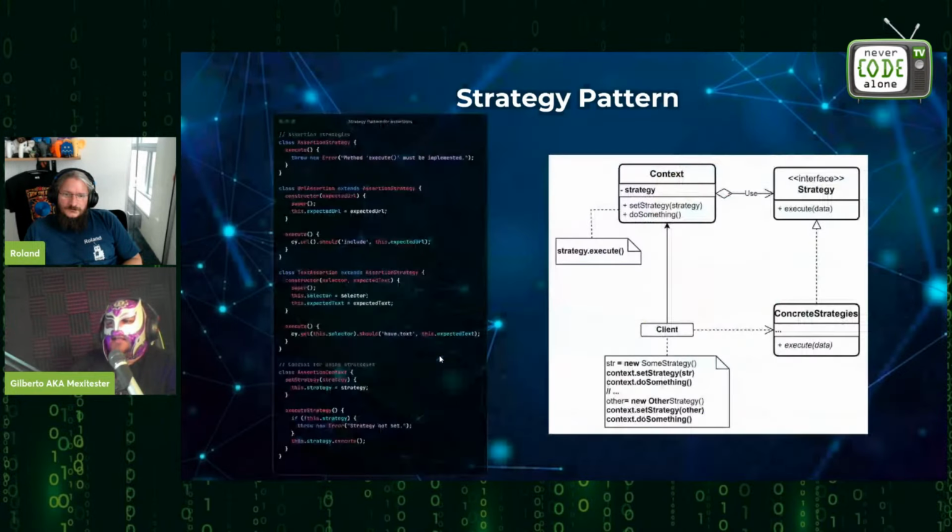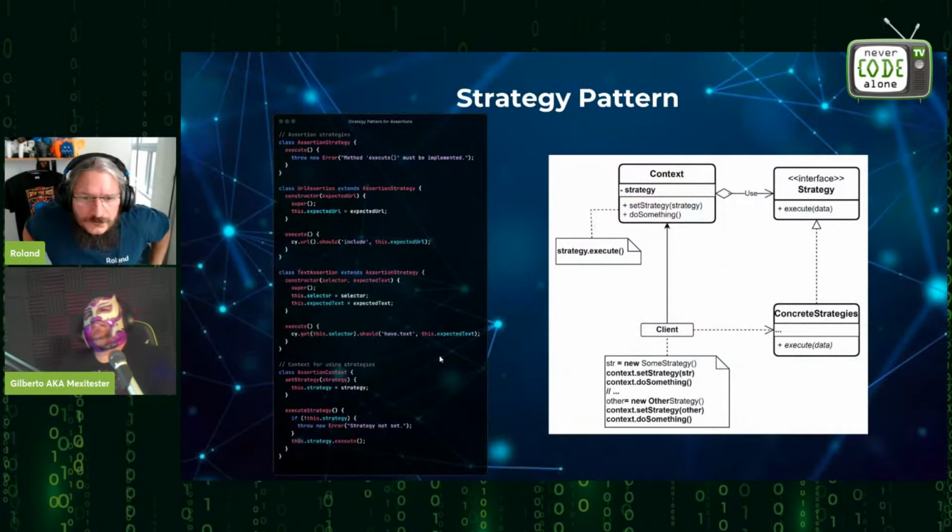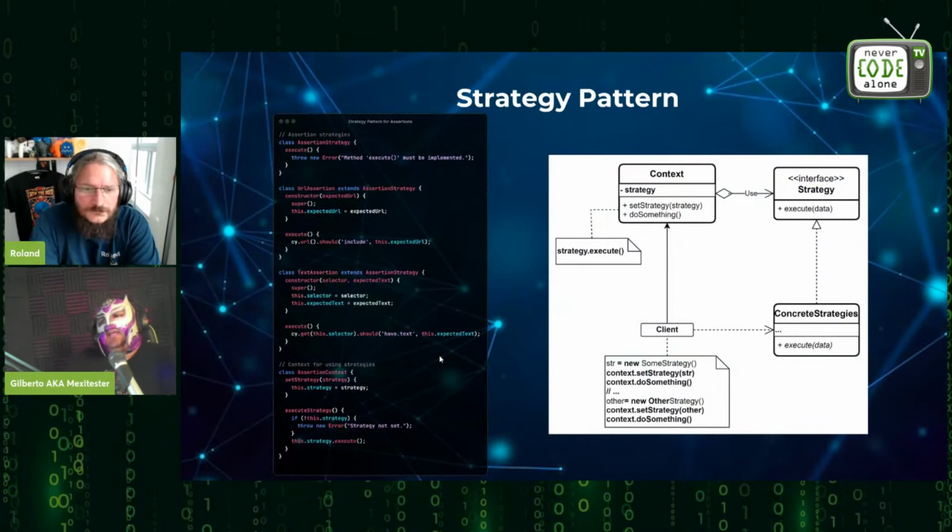So in the code, I normally suggest, because it's not something that you must do, it's in the assertions. When we are talking about assertions, it is the last step of your test, what you